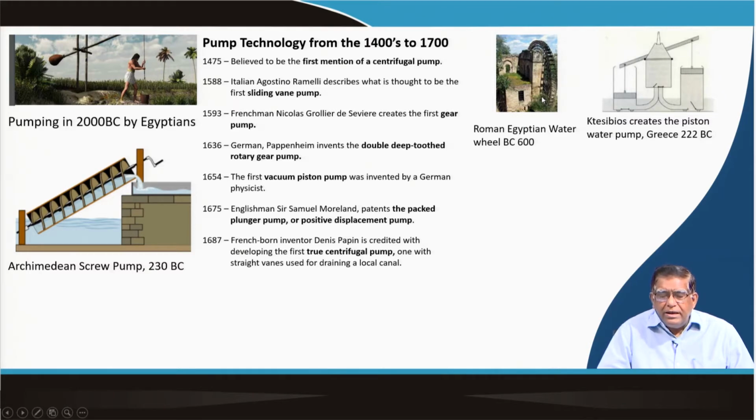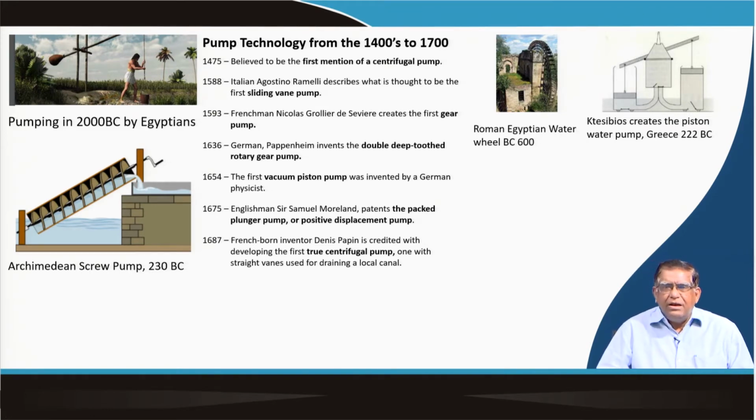But you know that the water wheel, which is also a type of pump, was used in 600 BC by the Egyptians. Similarly, the Greek people also used it in 220 BC. At that time they developed the piston pump, the reciprocating pump, and the positive displacement pumps were generated. So pumping as knowledge has been with humankind for centuries, and